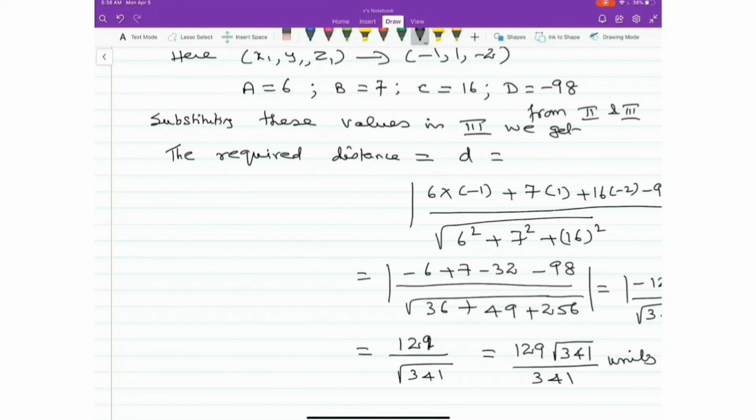With that, we have come to the end of today's session. I will work out some more questions based on the same two types, namely equation of the plane passing through 2 points parallel to a given vector or given line, as well as equation of the plane passing through a point and parallel to 2 vectors or 2 given lines. So that will give you more confidence to work out the questions if these types of questions are asked in the board examination.